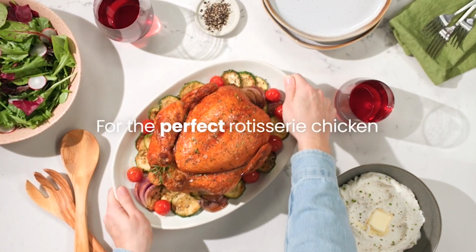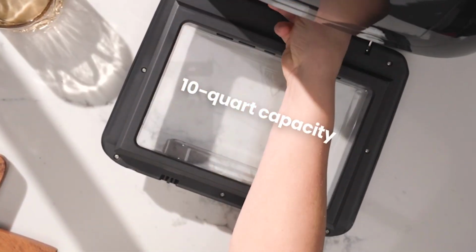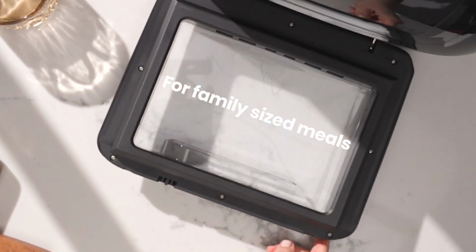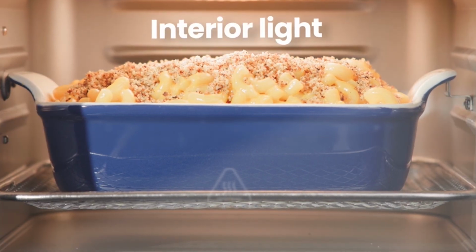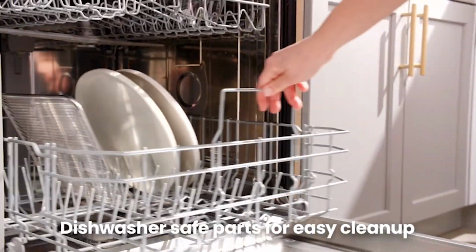My experience: this air fryer is a multitasking marvel. I roasted vegetables and dehydrated fruit with ease. However, the learning curve was steeper with its various functions compared to the simpler models. Why would you purchase it? If you want an air fryer that does it all and don't mind exploring different functions, this is a great